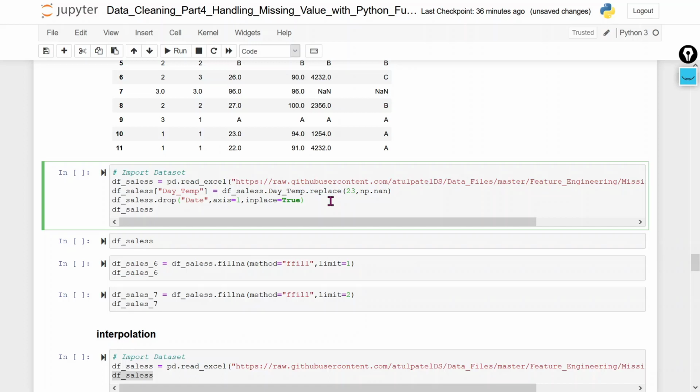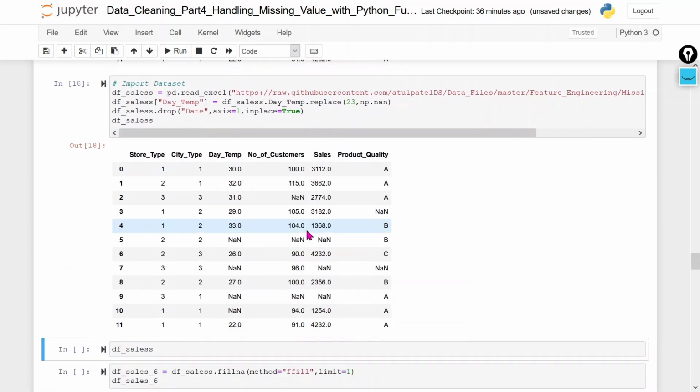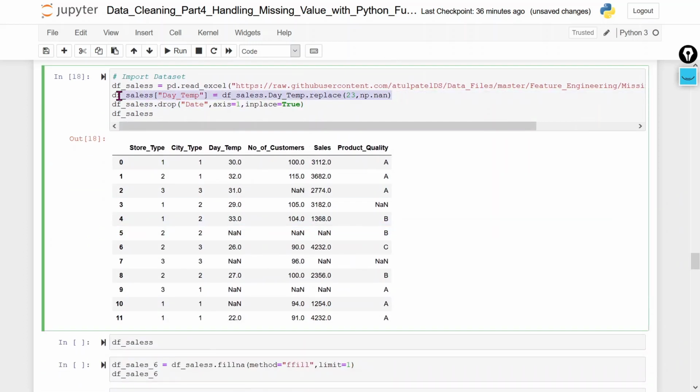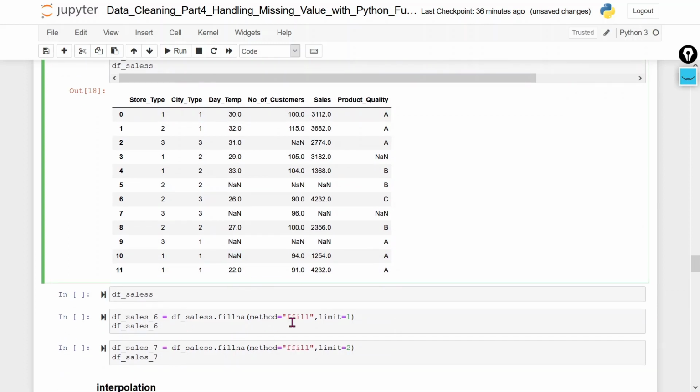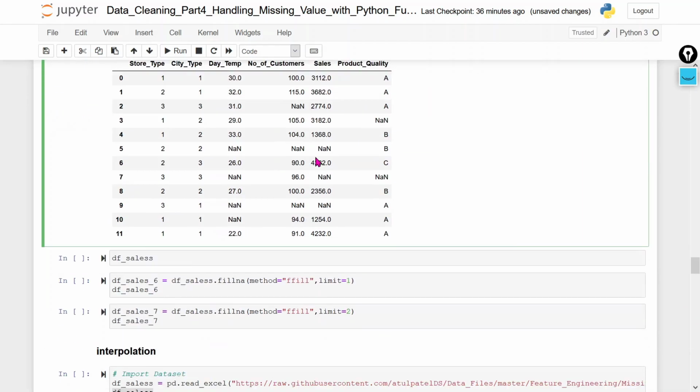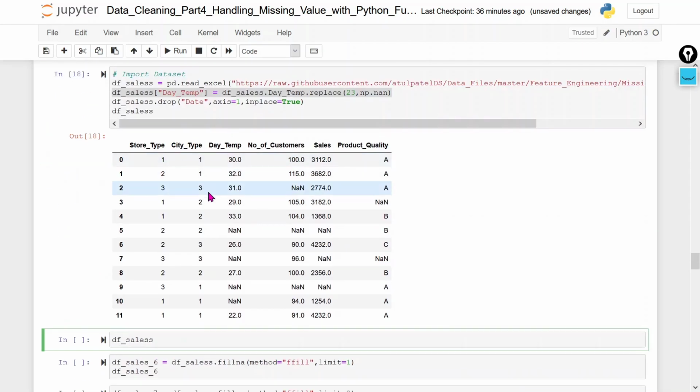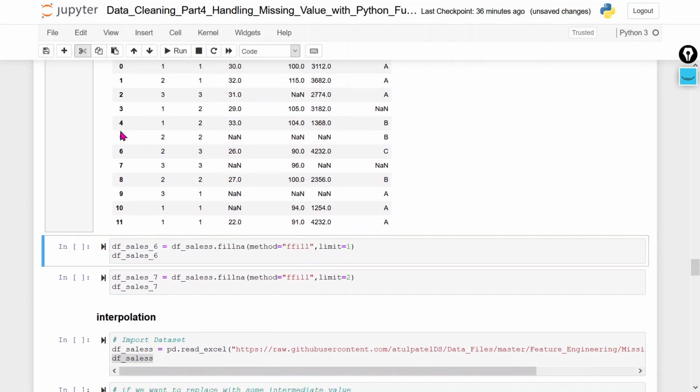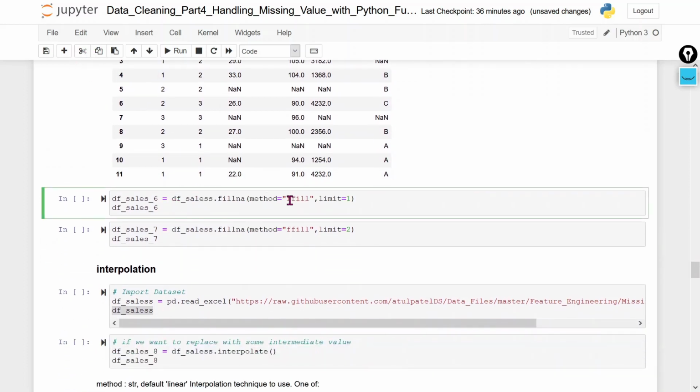Now we are going to import the data frame again. Here I made changes because I need to explain some other details. That's why I made these changes here. So now this is our data frame. This is not required here. So let me use the ffill with limit equal to 1.